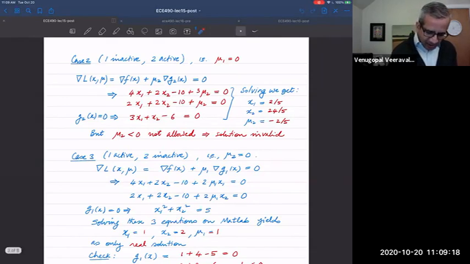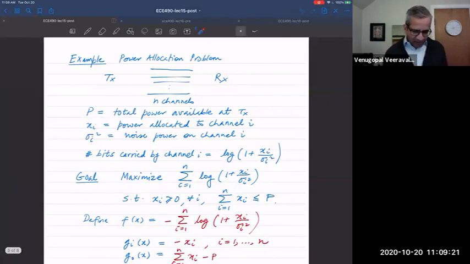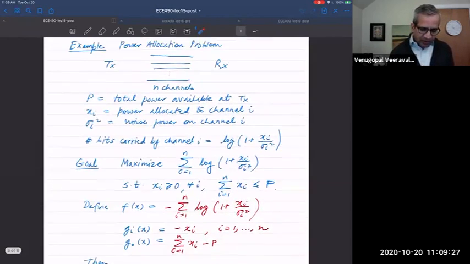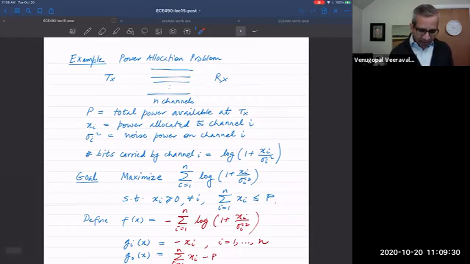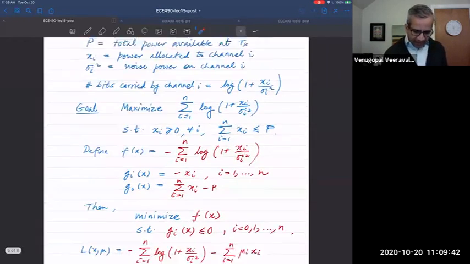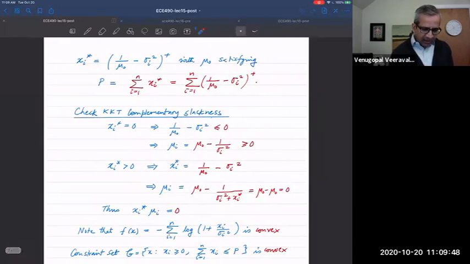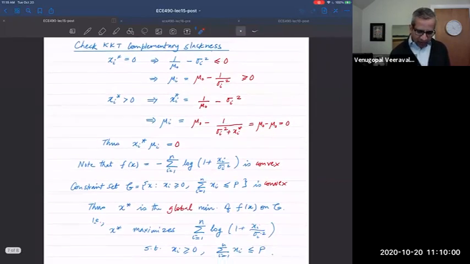Okay, so what else did we do last time? The other thing we looked at was this power allocation problem, right? And we found a solution to this problem using the KKT conditions, considering all of the constraints in the KKT conditions. So the constraints on the powers being non-negative and the sum of the powers being less than or equal to p. And we found a nice solution to this problem, the so-called water pouring solution, where the xi's are given by this: the water level minus the noise level, and you take the positive part of that. And you choose that water level 1 over mu